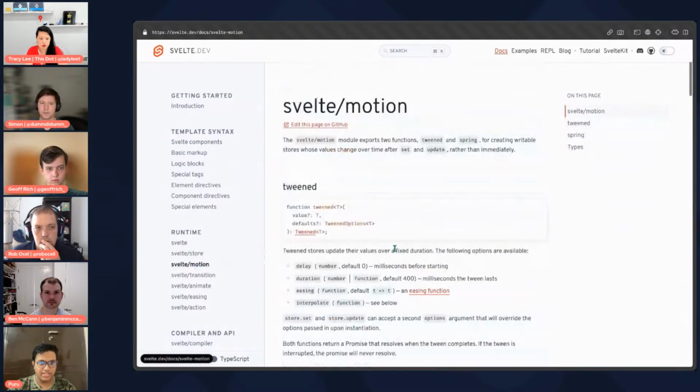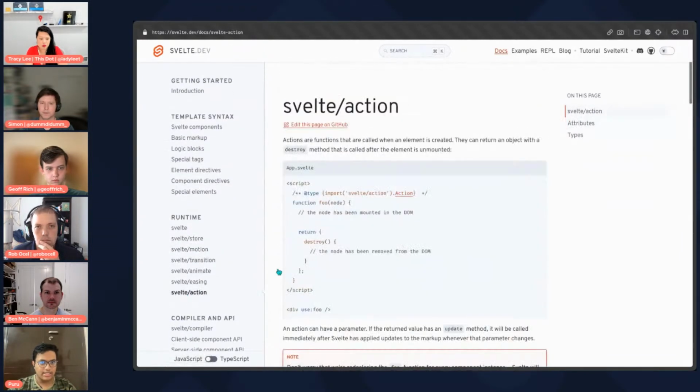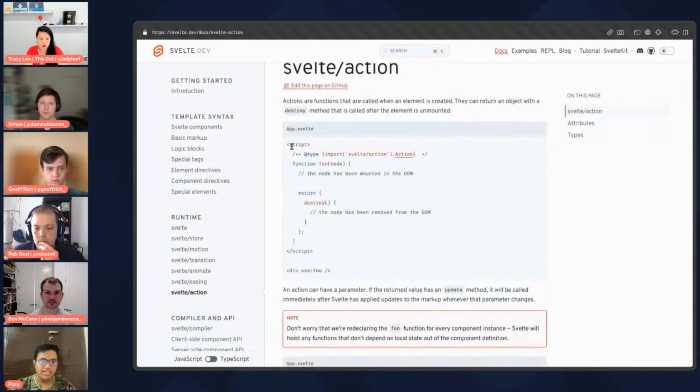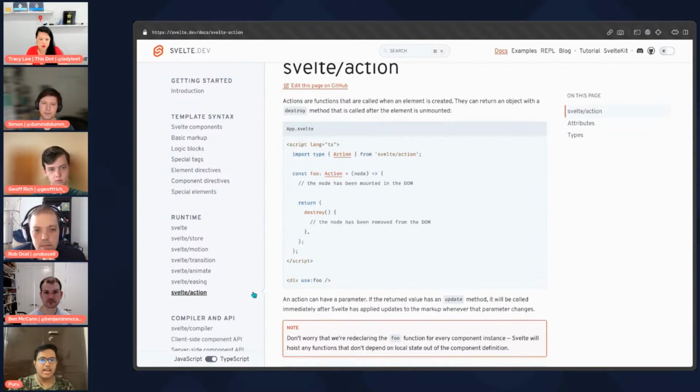And one of the best features, let me find, is this one. So as you can see right now, this is a Svelte code snippet that will work without any Svelte preprocessor or TypeScript or anything. But hey, if you're like me and you love TypeScript, all you need to do is just click on this little button and boom, you have the TypeScript equivalent right here.